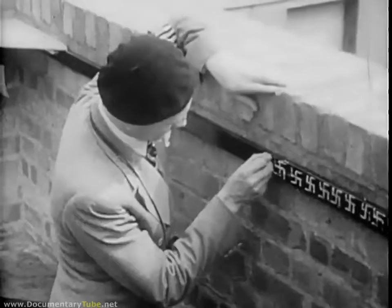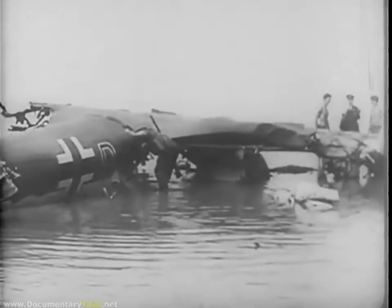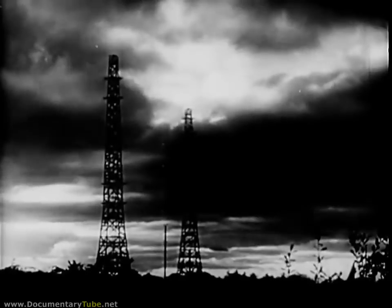Never, said Winston Churchill, had so many owed so much to so few. Never, he might perhaps have added, could so few have repulsed the fury of the German assault had it not been for those wooden towers and those